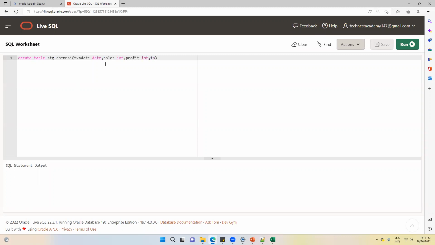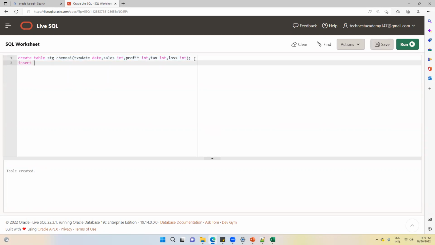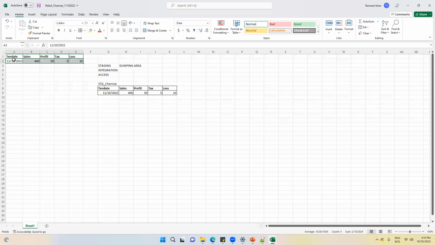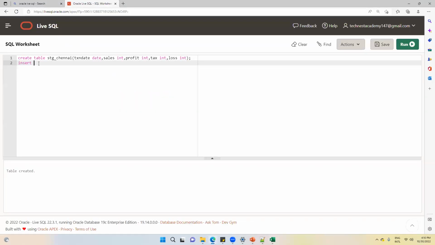This table I have created. Now I have received this data from the source, so I will load this data into this table. I am inserting this data into this table.